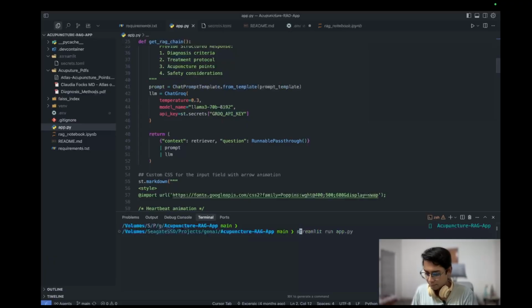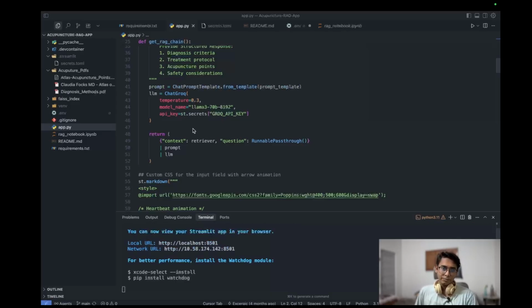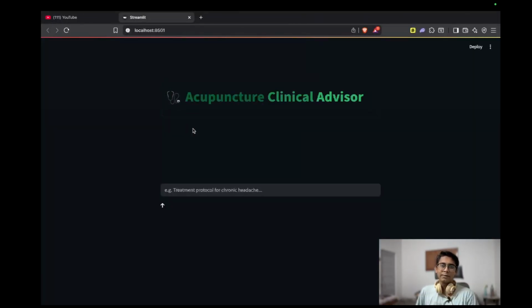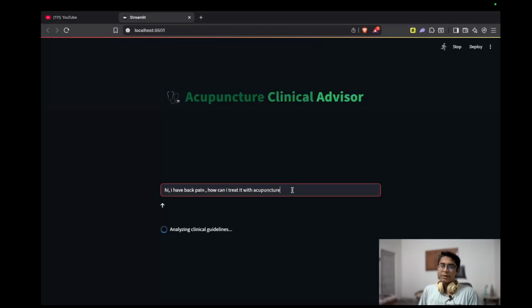So let me activate the virtual environment, and I will run it via streamlit run app.py. Streamlit run app.py, and hit enter. And this application looks something like this. I have a prompt: I have back pain. How can I treat it with acupuncture? Now I will